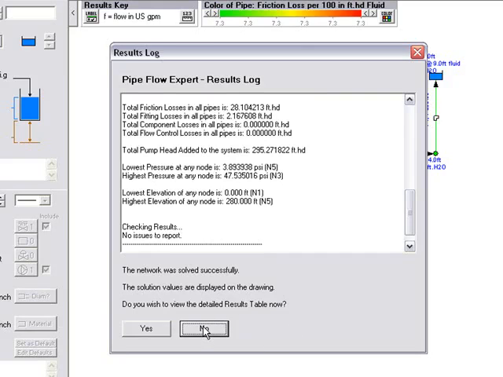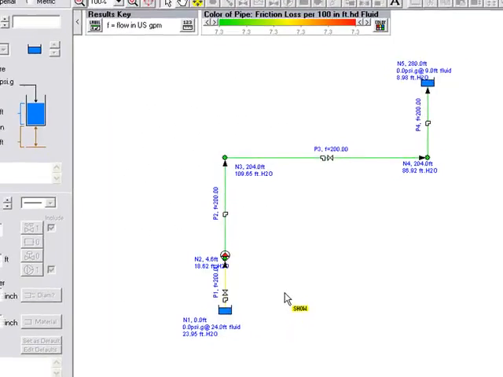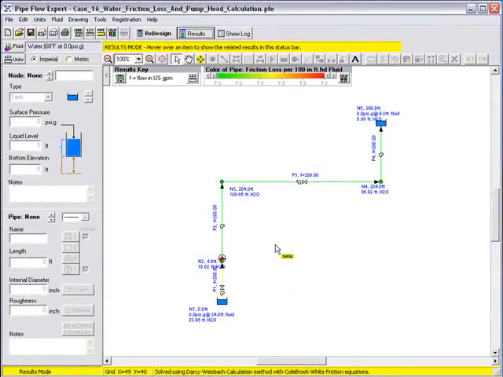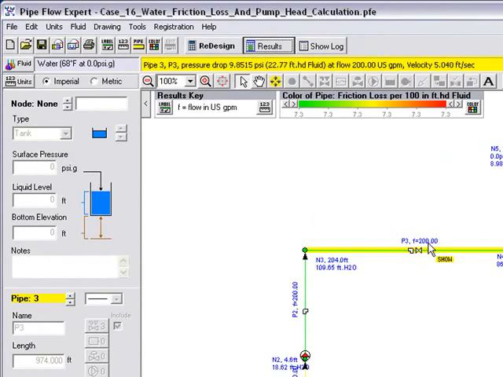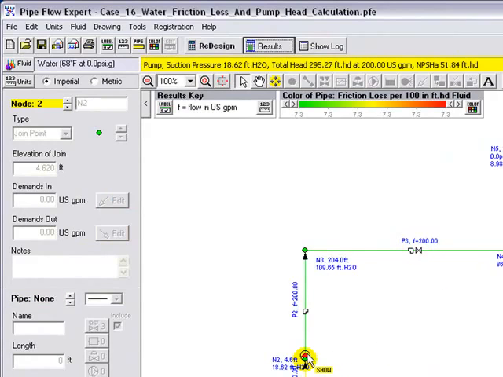If we select no at this point, we're still in results mode, and the results are shown on the diagram here. We can see from this key that the flow is shown in US GPM, and we can see there's a flow of 200 US GPM in each of the pipes, which is the flow rate that we asked the pump to produce. And we can also hover over the pump, and we can see in the yellow status bar window at the top of the screen